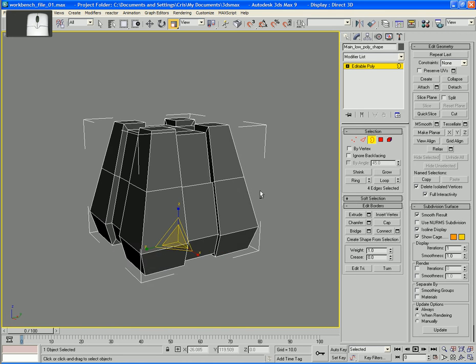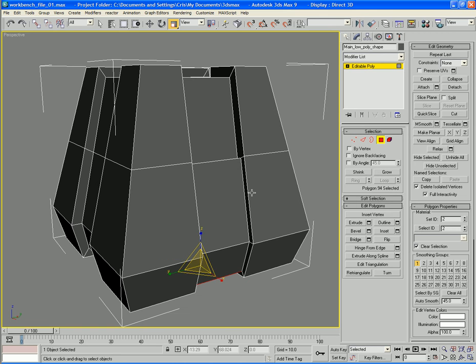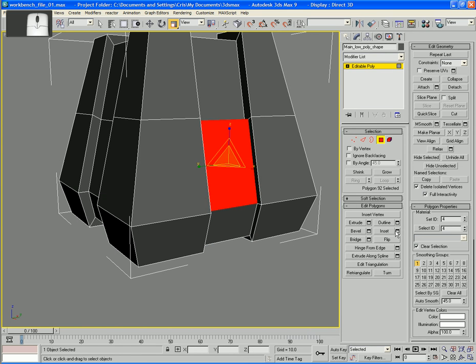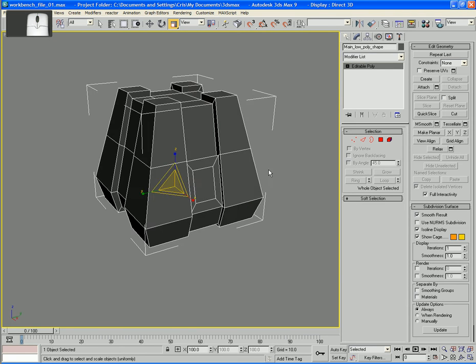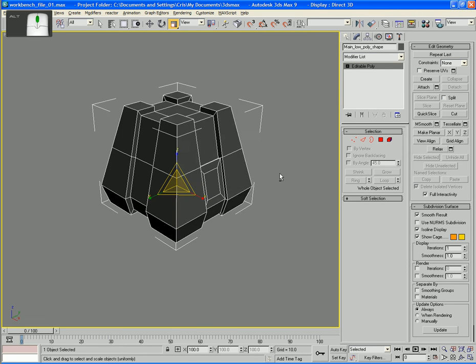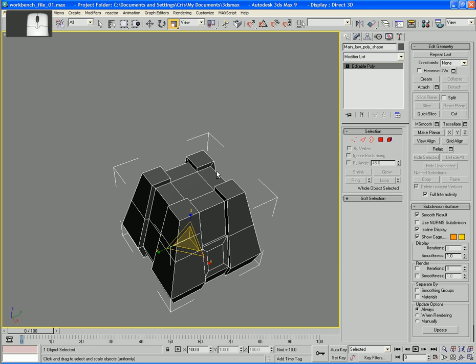Final thing, really, that I want to do, is to take this and inset it manually. And scale it, and I'm going to use my local coordinate system just to kind of scale it down a bit. In. Okay, and that is, you know, the basic shape. Okay, up here, if you want to continue it on,